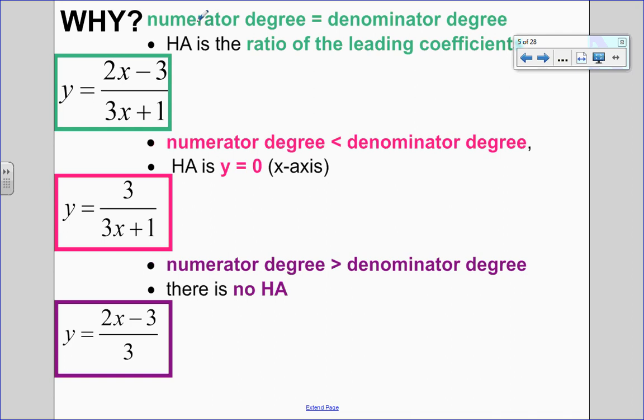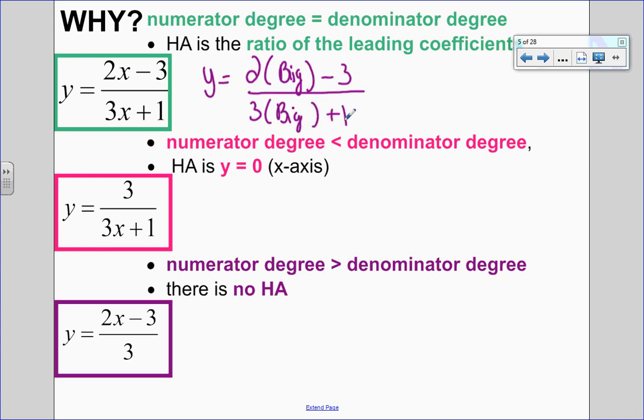So something like a linear over a linear. Now, I'm interested in what happens at the ends of the graph. So let's make x a really, really big positive number. If I do that, I'll have 2 times a really big number, subtract 3, over 3 times a really big